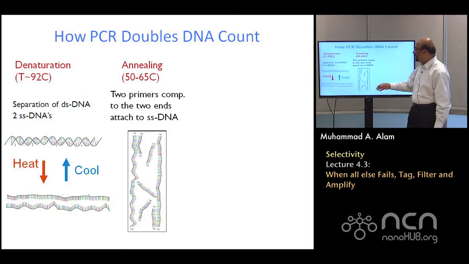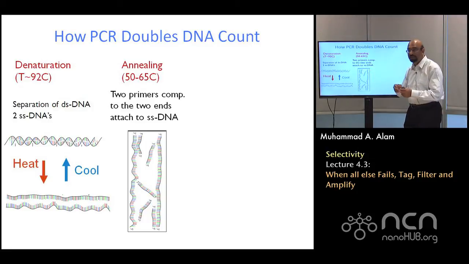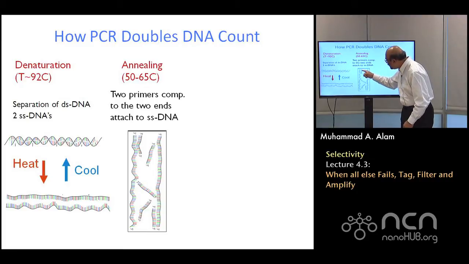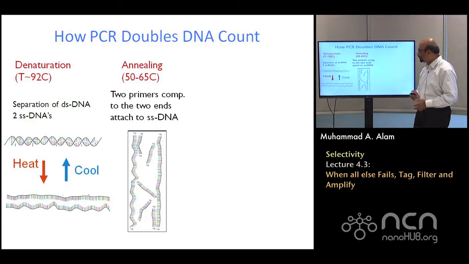Now, once you have it broken into two pieces, the next thing would be to add the primer. You see, this is one broken piece on the left and another broken piece on the right. And when you want to start copying it, you have to throw some primers in. Primers means that is where it will begin to assemble itself, reassemble itself. So you can see that there is a primer here, the primers are floating around, and the other primer is also attaching to the individual single-stranded DNA.